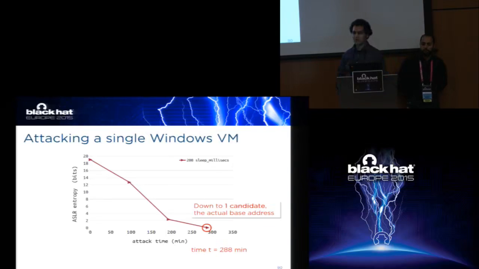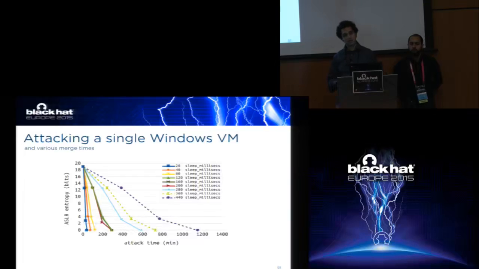The first thing that came to our mind for defending against this attack was whether increasing the sleep time could fix the issue. We did an experiment to verify that, and the result is that increasing the sleeping time doesn't actually solve the attack. It will make the attack take longer, but it still doesn't solve the issue. Also note that if you increase it too much, you completely lose the benefits of memory deduplication, which is merging pages that are similar during the runtime of your VMs.